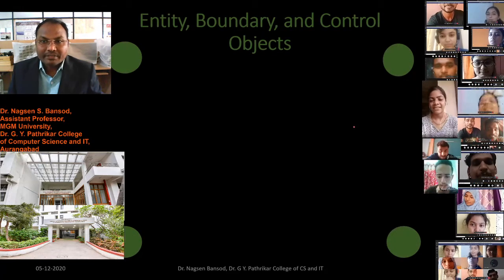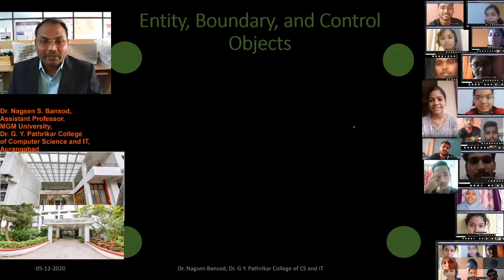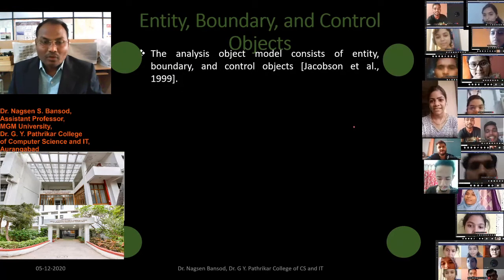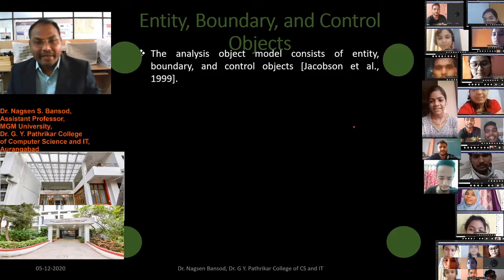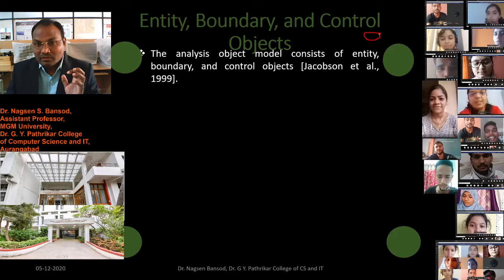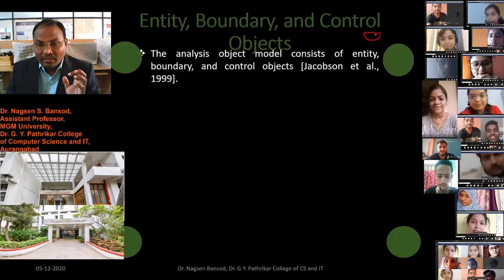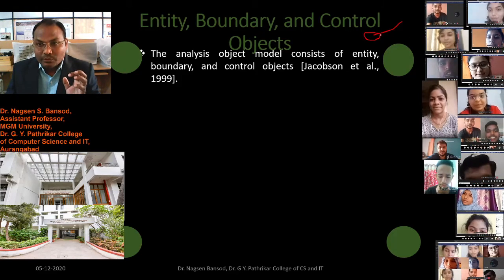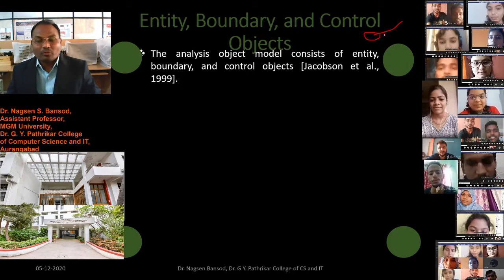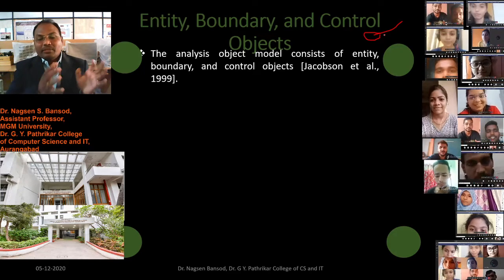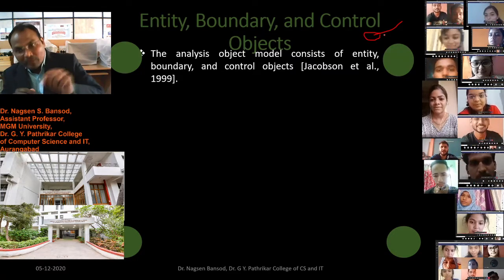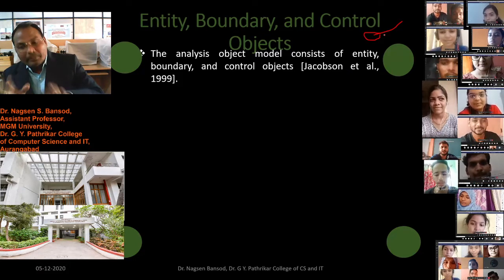Entity, boundary and control objects. The analysis object model consists of entities, boundaries, and control objects. Entities have objectives for what each entity is there. Suppose we want a printout from a printer, then the printer will be one object, and that is connected to our special purpose software.